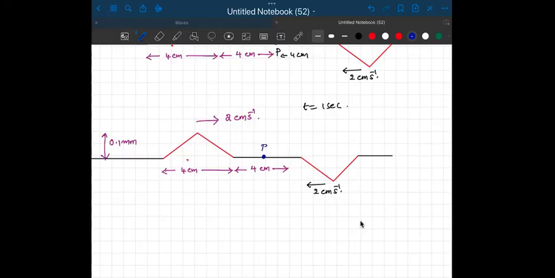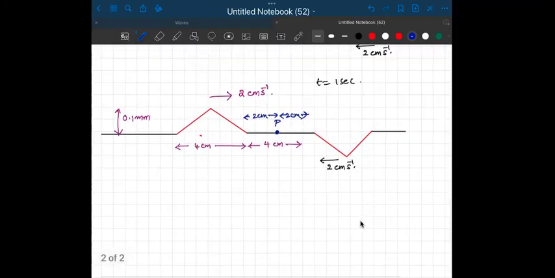This is the point P. Now you can see here, this is 2 centimeter here, 2 centimeter here. Next 1 second, what happens? Again, this will move further by